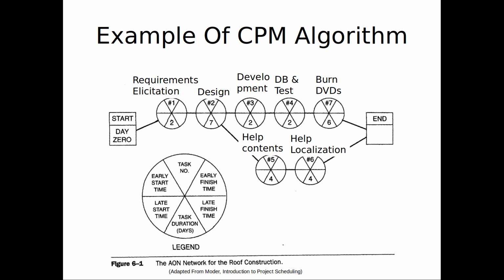Now we're going to continue on the bottom. What's the earliest number 5 can start? 9. Why is that? It's because it depends on 2, and the earliest 2 can finish is 9. So this can start at 9. Do you appreciate that? I'm not saying do you like it, but are you okay with that? Okay.